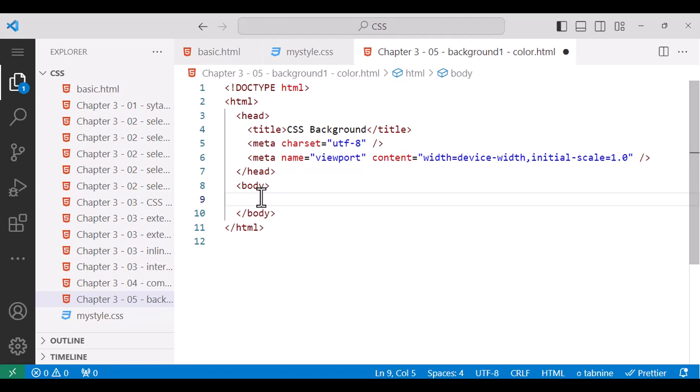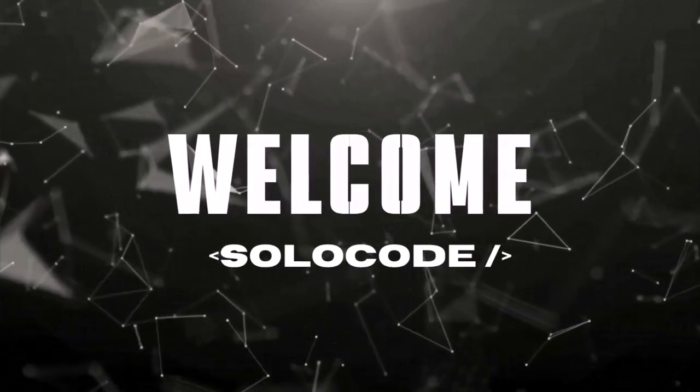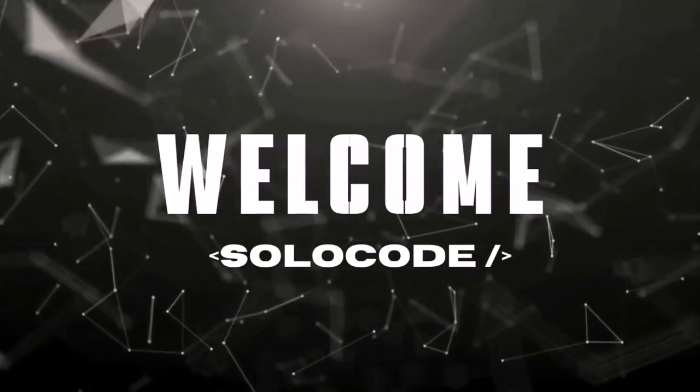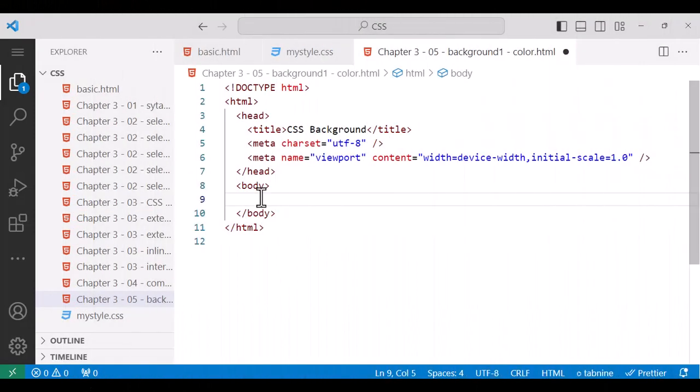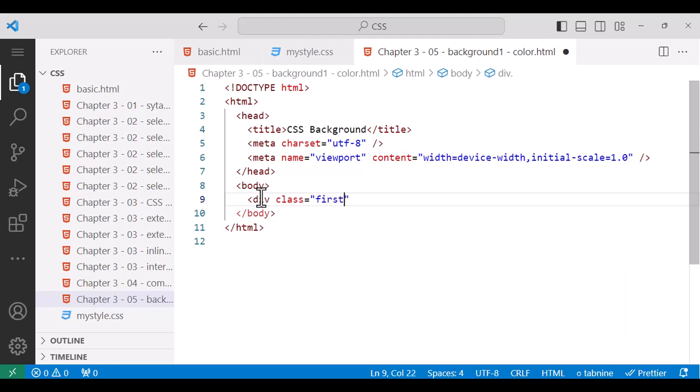This section is about CSS background properties. So here we put four div elements. Div having a class name of first, and heading one of first div,